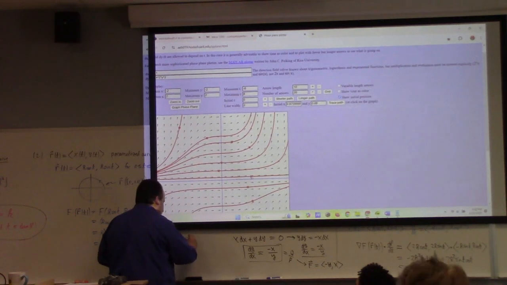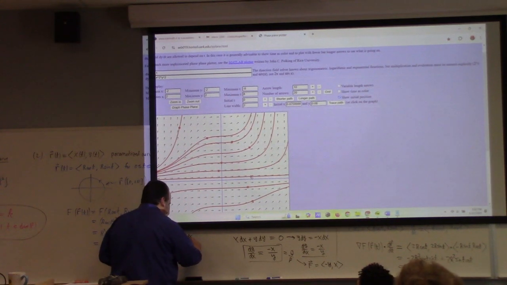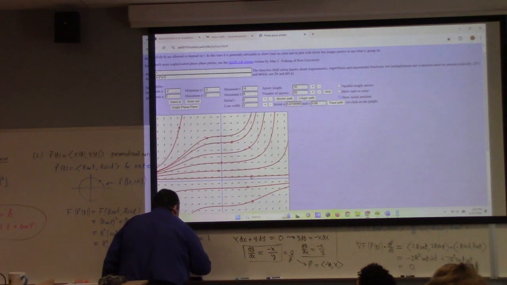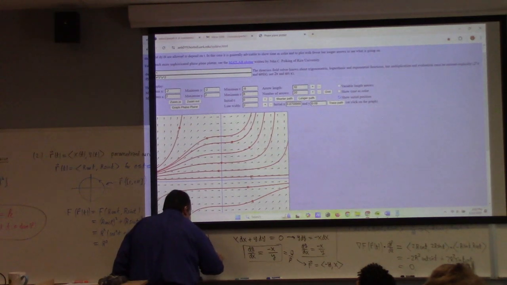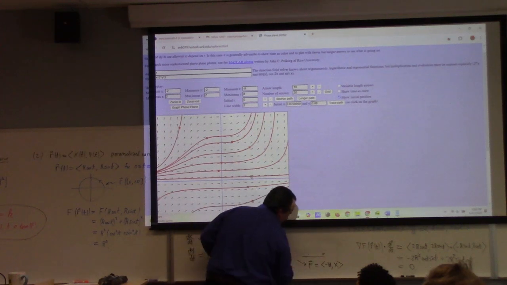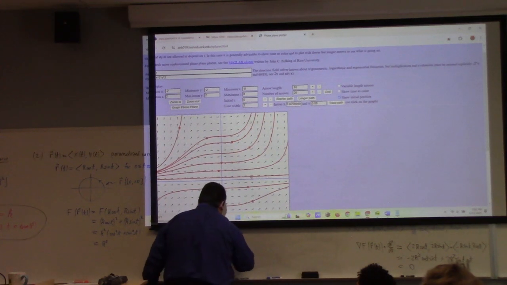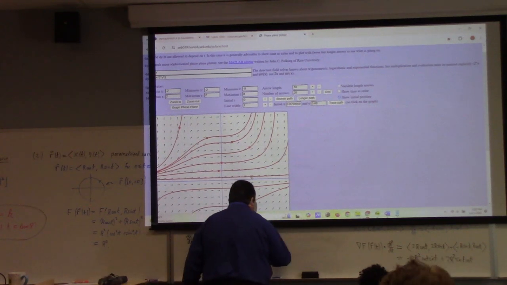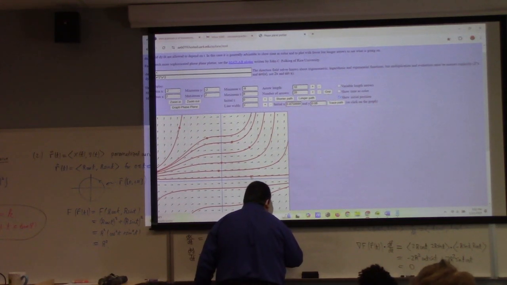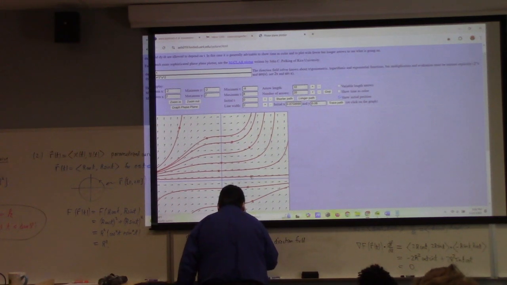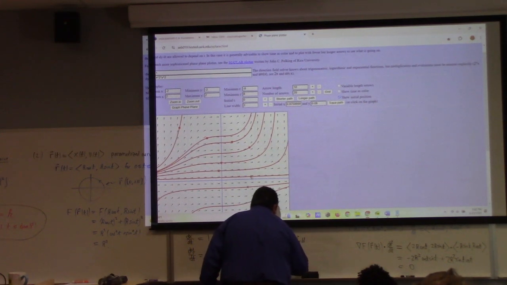To use this tool, if I put dx/dt equals 1, and then I put dy/dt equal to f of x comma y, then p-plane plots the direction field